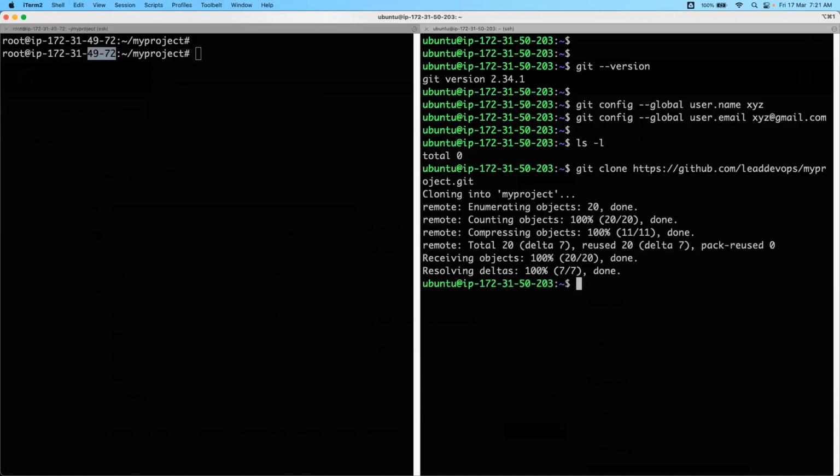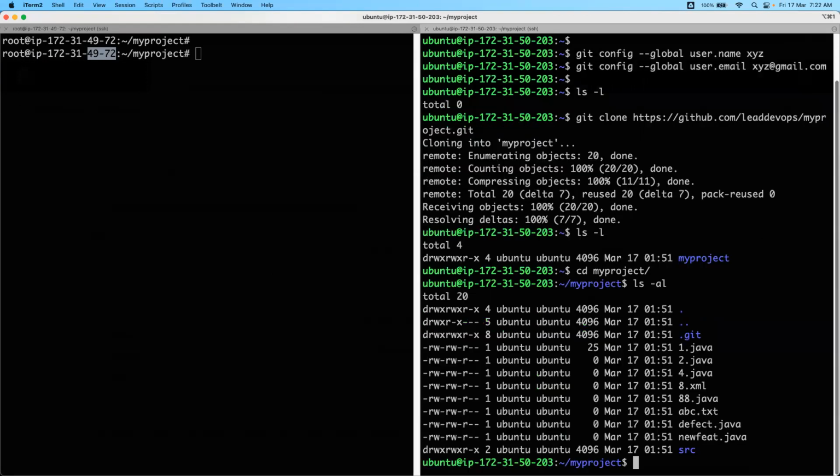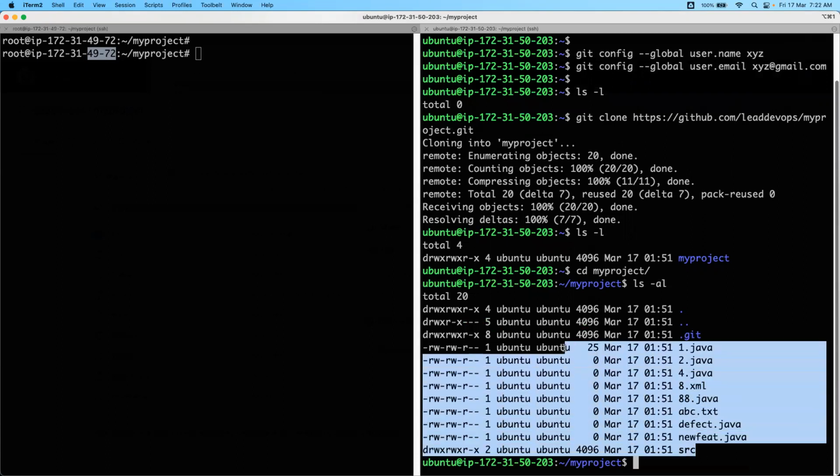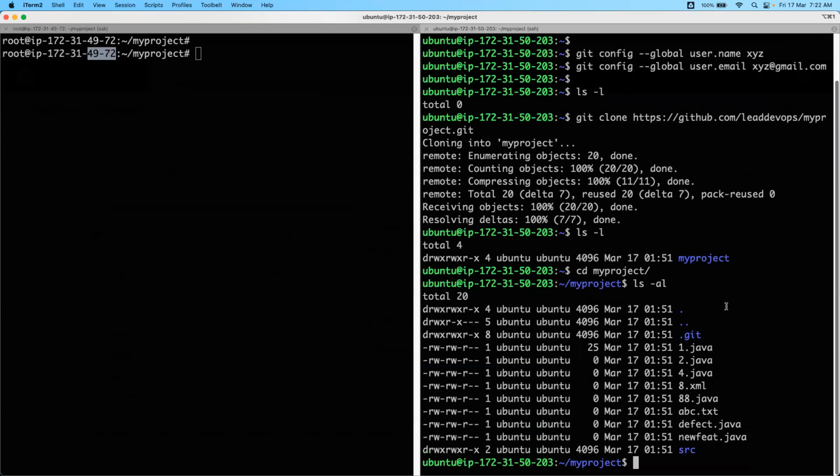Now, this is the first thing that the person has to do to get the entire project onto the local. What this does is it automatically creates the My Project folder for him, and it automatically gets in and initializes the local repo, which is the .git, and then gets all the code that is available on the remote. Remember, all the code available on the remote is also being downloaded into the local repo. Now, this, team, is completely a local repo, maintained by person two here. Along with this, team, it is not just about the code he is getting, but he is also getting something called the